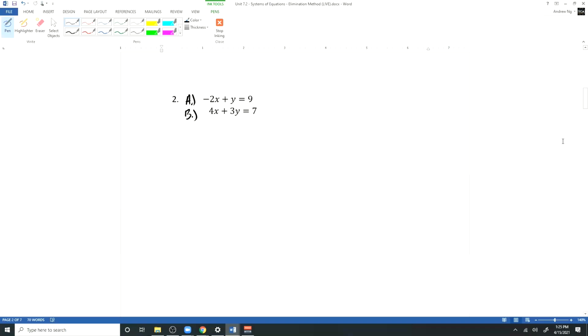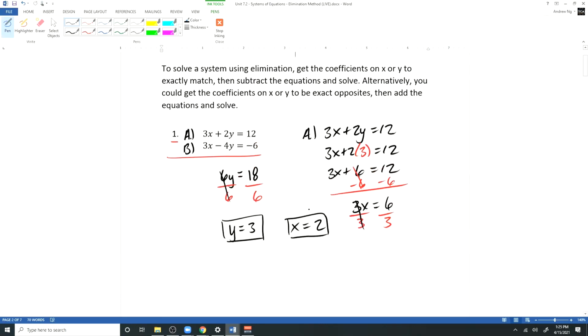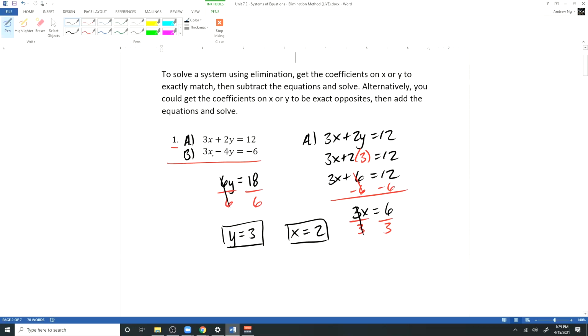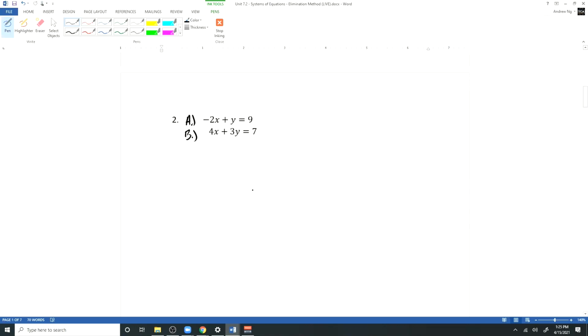All right, what do we immediately see that's different in problem 2 than problem 1? You can either say out loud or you can type it in chat. Yeah, nothing's equal, right? So if I looked at the first one, let's go back. I had 3x and 3x, right? They were equal to each other, perfect. I was able to subtract, x dropped out. But here,